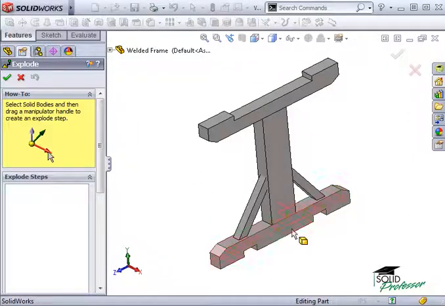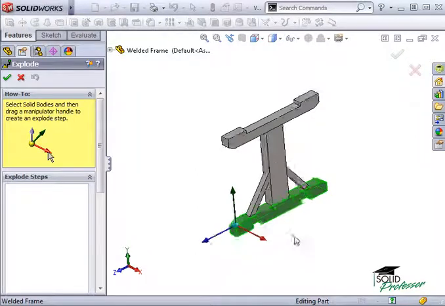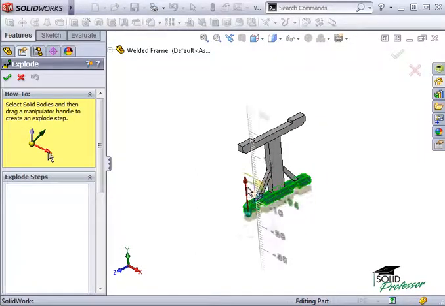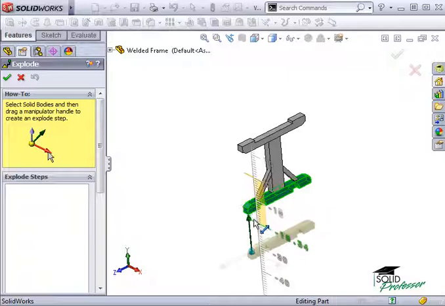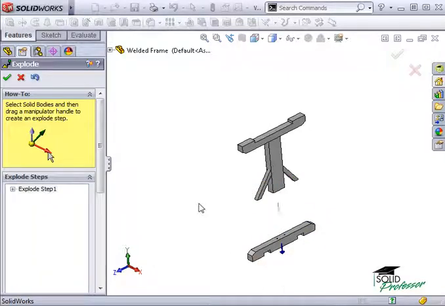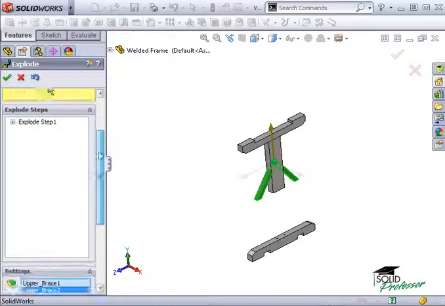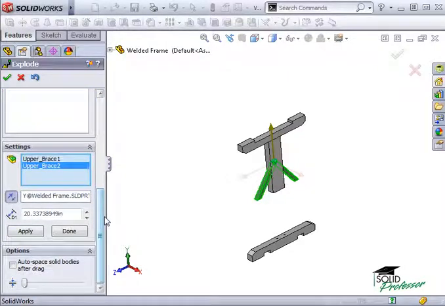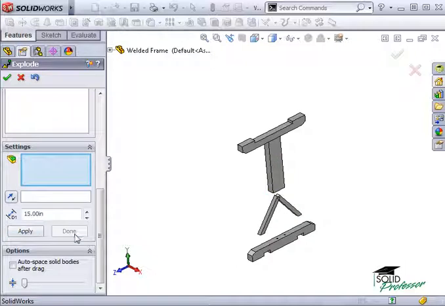I'll click on the first body and a triad appears. Now I can simply drag the component wherever I want using the triad. Or for a more precise distance, you can type it into the Property Manager. There are a couple other options you have that can help you better control where your components are located in